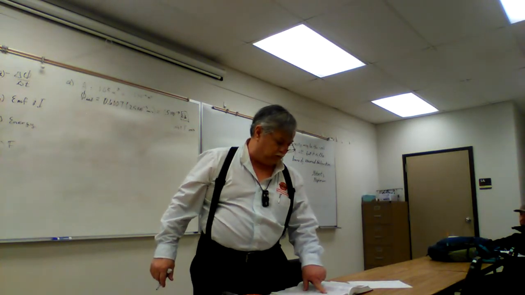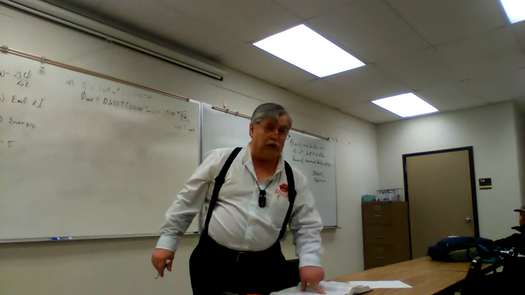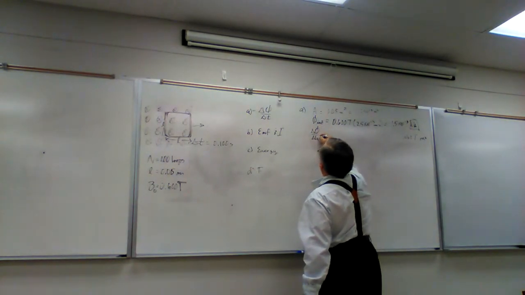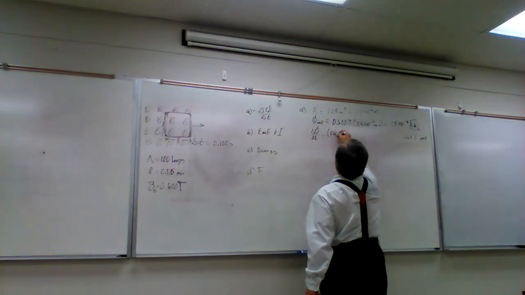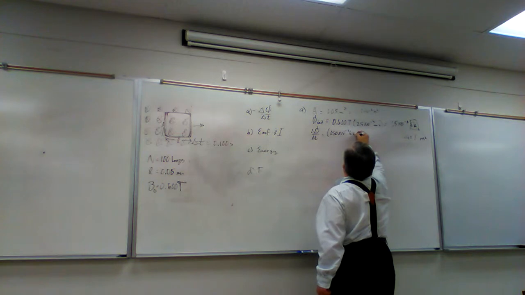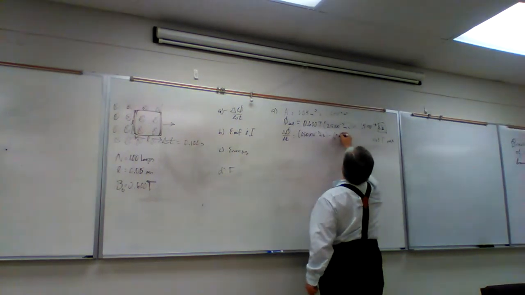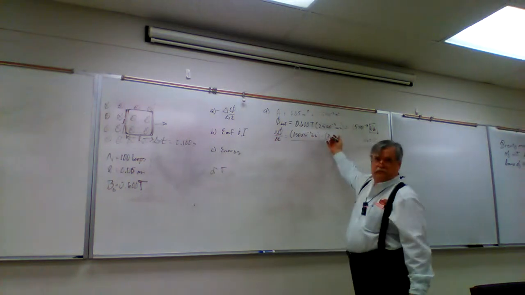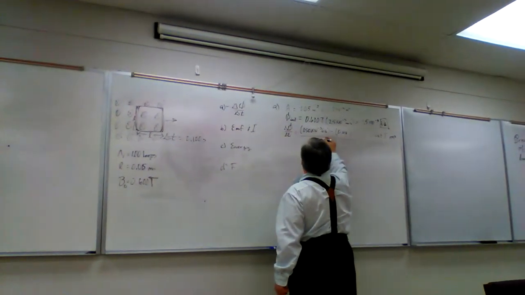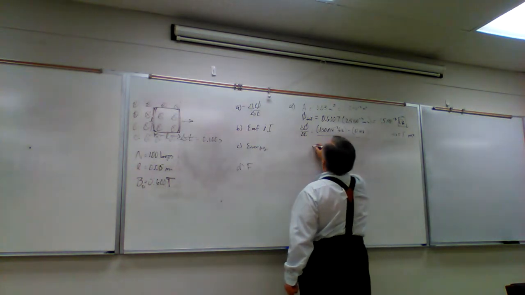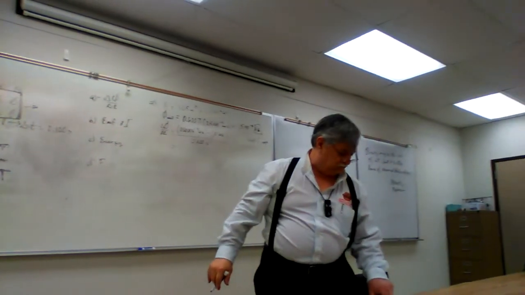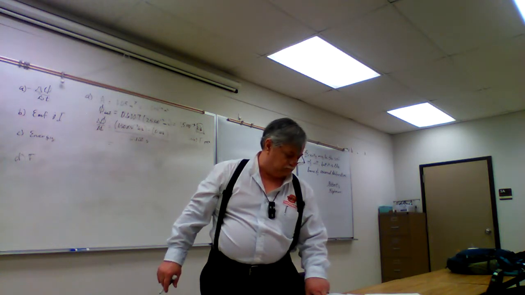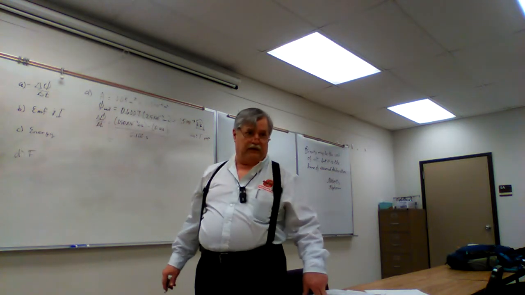After 0.1 seconds, the flux is 0. So delta phi over delta t equals 1.50 times 10 to the minus 3 Webers minus 0 Webers, initial flux and your final flux, divided by 0.100 seconds. Actually, I wrote those backwards. It should be final minus initial, but